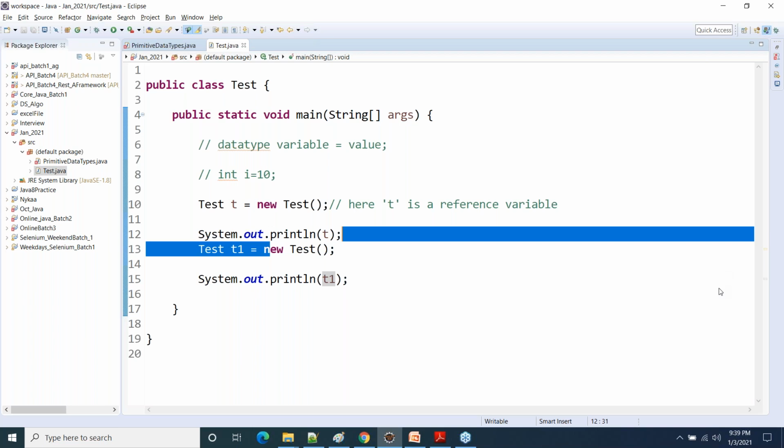Is that clear, Gaurav? You are saying correct. String is immutable, and as far as your string concept is clear, that is correct. I agree with you. But the same logic is not applied everywhere or with every class. String is a special class, an immutable class. You cannot update the same string object again and again. Ultimately, you will be creating a new object. But that logic is not applied on every class. Is that clear?